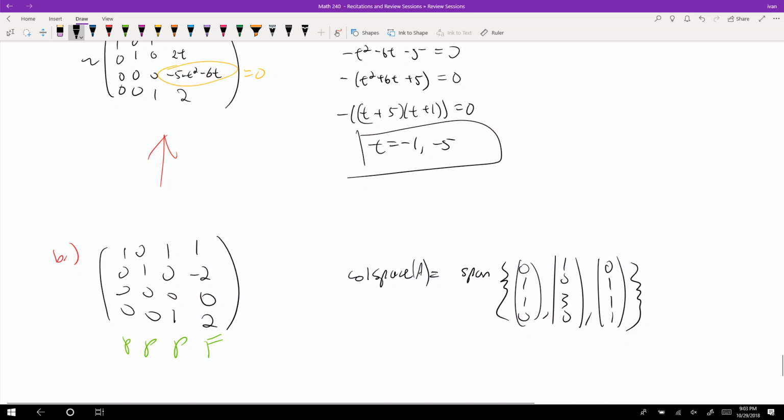Also for the first one, does it matter what order we put these vectors in? No, but it matters that this column corresponds to the 3, right? Because 0, 1, 0 you found with lambda equals 3. So if 3 is in your first column, then this has to be in the first column. Lastly,